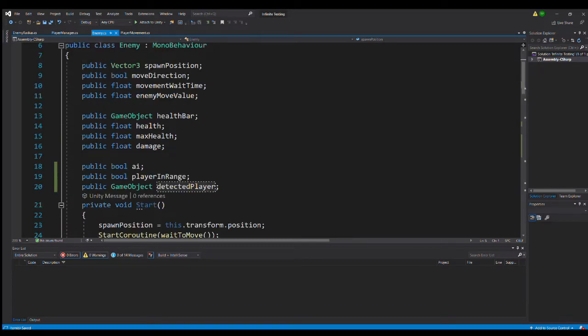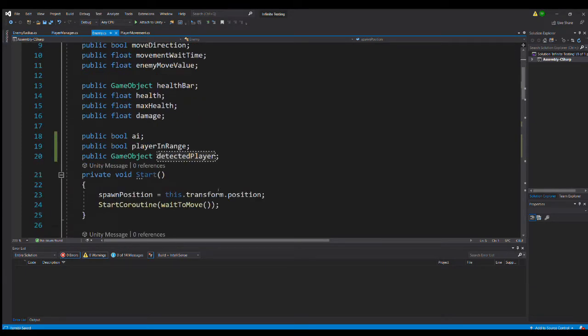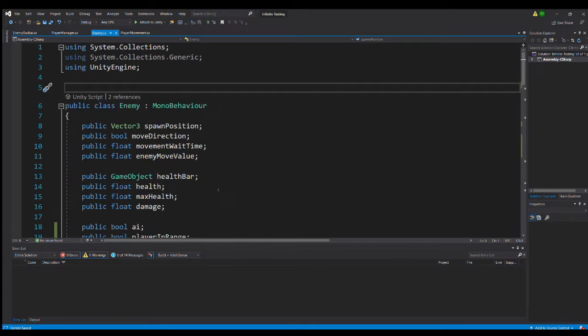Of course, by default, this detected player is not going to be a game object. It's going to be empty. Like, literally, the value itself will not be anything. The detected player will equal null. It won't work. So we either have to define it in the inspector, which is not a good solution, or